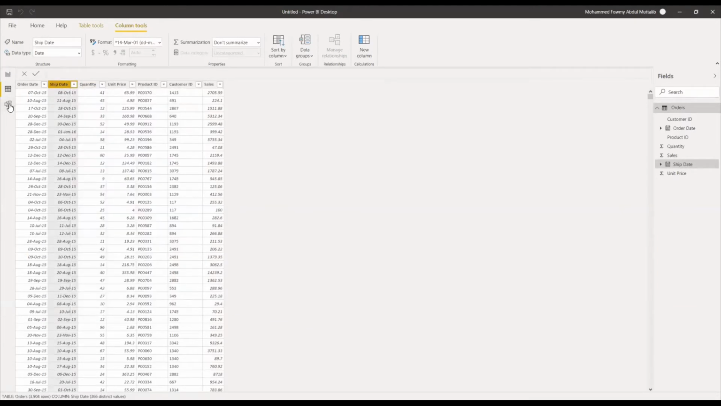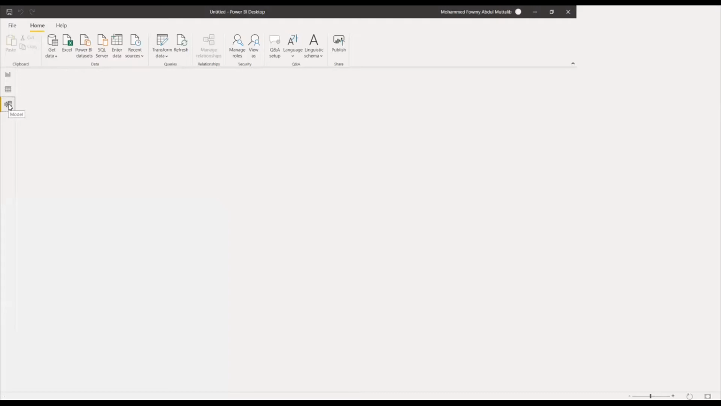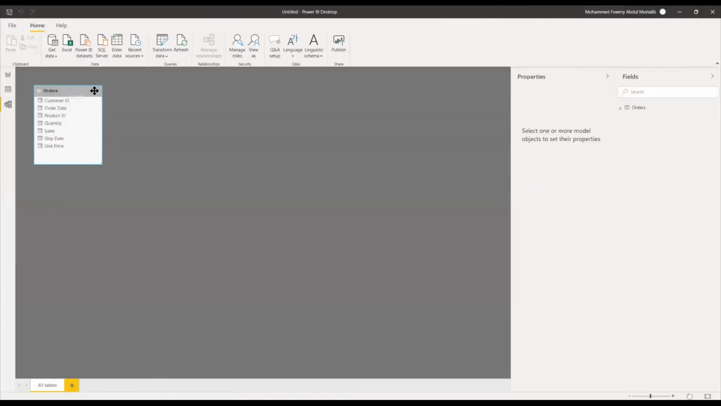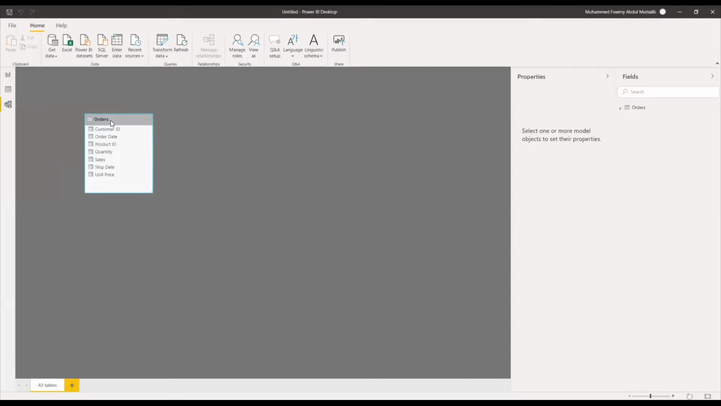Now here, there is the model view. What is the model view? This is where we create relationships between tables. There is only one table right now, the orders table. For us to do the analysis, we need two more tables, the customer and the product. If you want to get them, you can go again